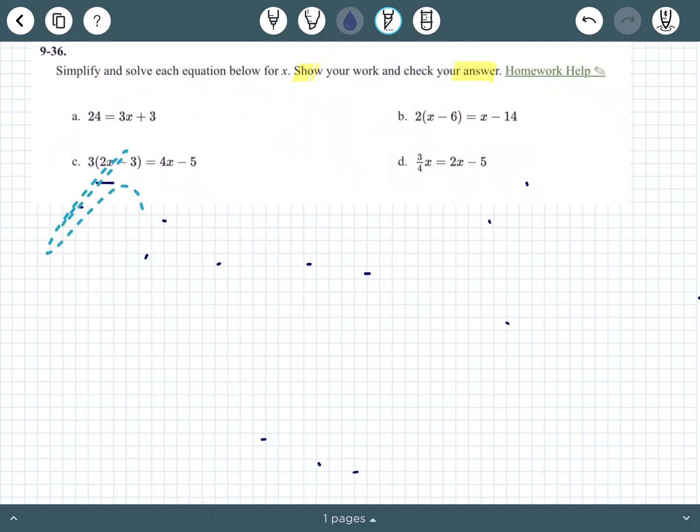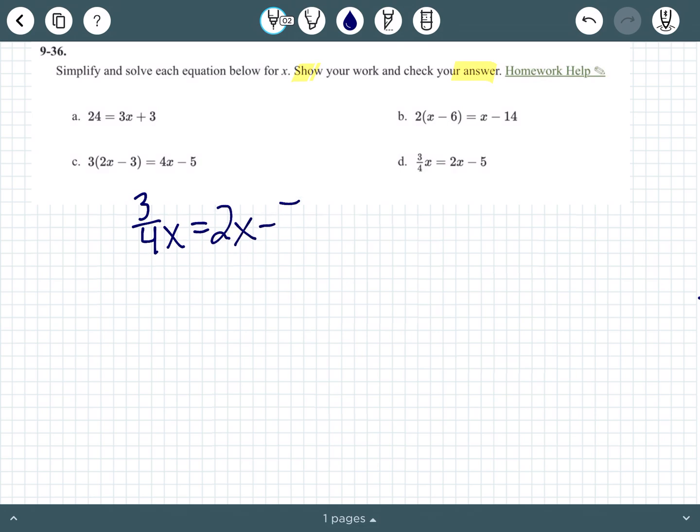All right, part D. Oh no, there's a fraction. So we have 3/4 x equals 2x minus 5. All right. So rather than panicking, what we're going to do is find a common denominator to multiply this entire equation by. That's going to give us